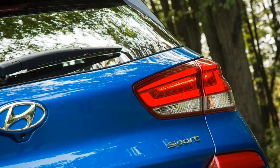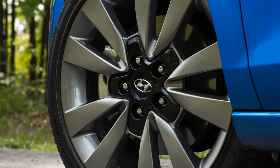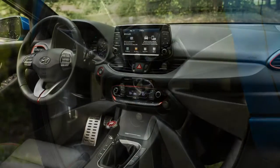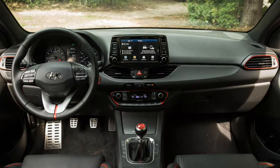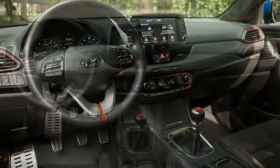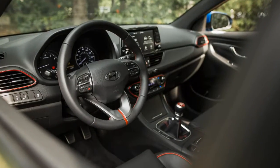The 6-speed shifter moves easily through the gates, and the clutch isn't tricky to modulate even though there isn't much meat to its action. The one truly disappointing aspect of this powertrain is its thirst for fuel. By the EPA's measure, this compact hatch doesn't even crack 30 miles per gallon on the highway, with city/highway ratings of